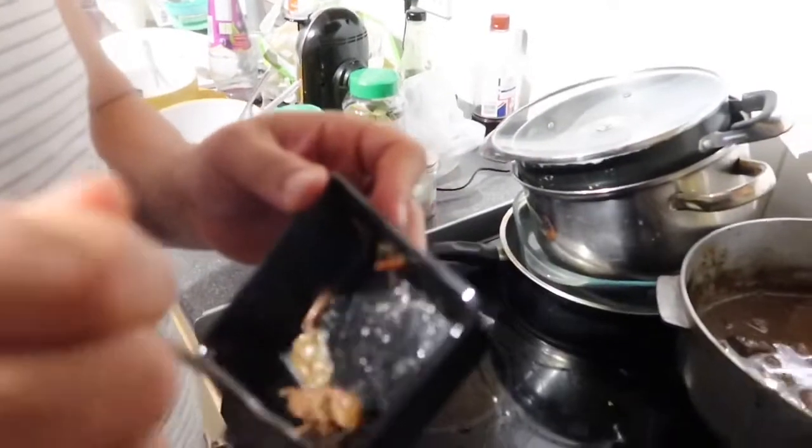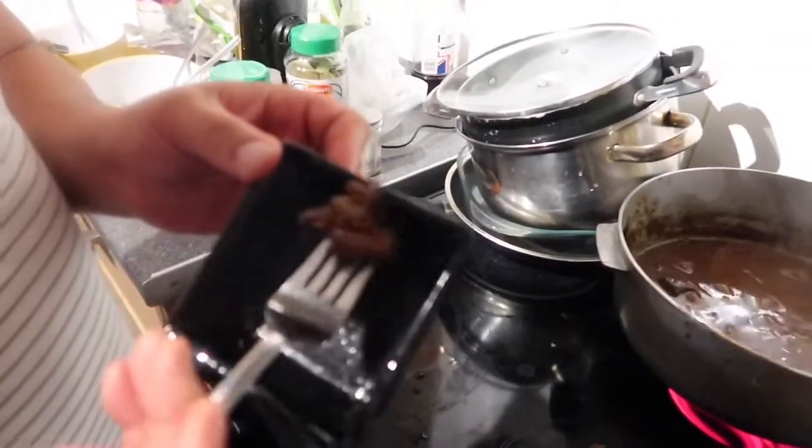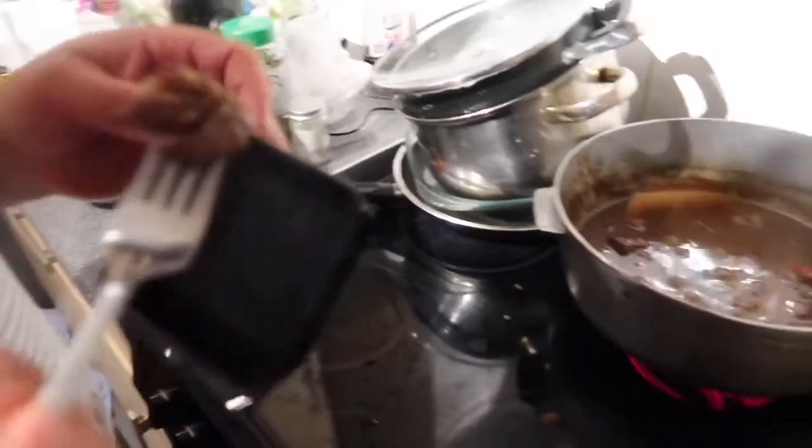I mean, it's been cooking for a while, to be honest with you. The thing is, when you're cooking things like beef and what have you, or cooking stews and things like that, you've got to give it...